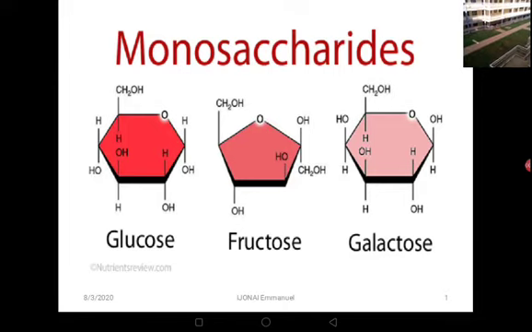This is Chemicals of Life, and we are in lesson 4. In this lesson, we are looking at some of the carbohydrates, and we have called them monosaccharides. So we'll find out what monosaccharides mean